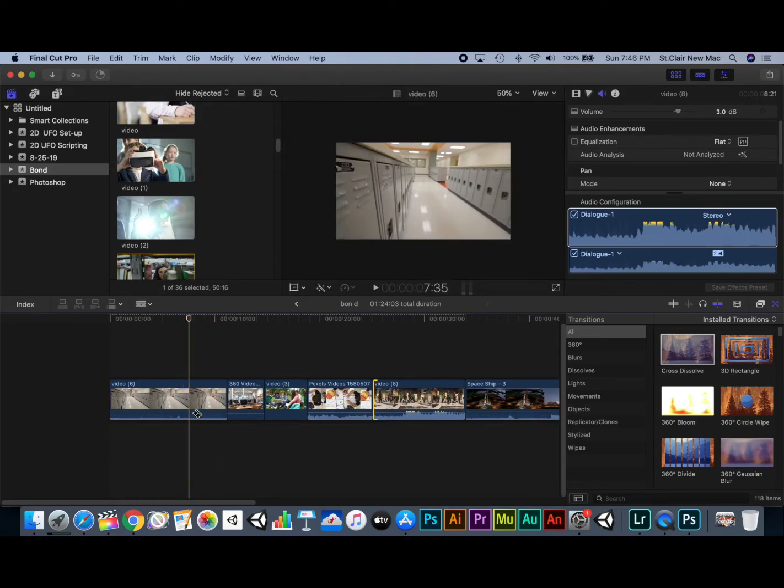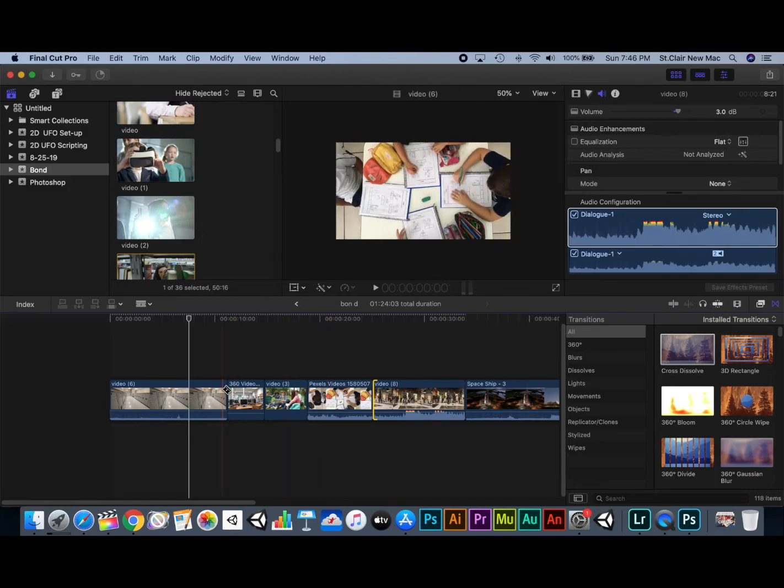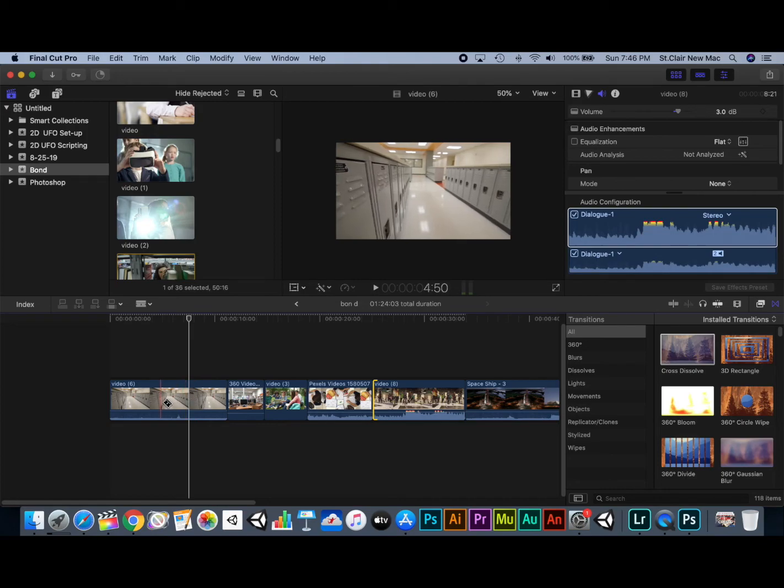One of the things I want to make sure of as I'm doing my trimming, you'll notice that if I have my blade tool, notice how it snaps right to that line? That is this right here. This is called your snapping. And if I click on it, it turns white. That means I can make some fine tune cuts. It's not going to cut right on that blade. I like to have it on